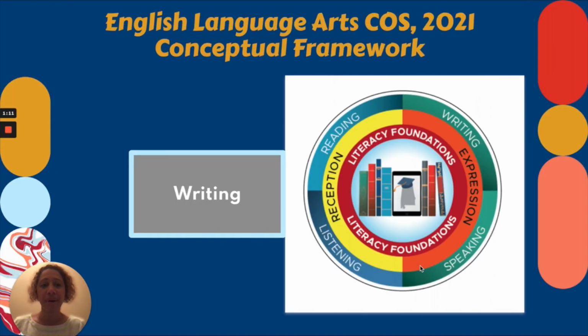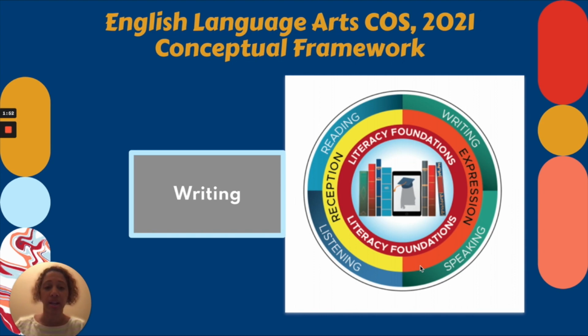Okay? By this point, you should be very familiar with the conceptual framework, as my esteemed colleagues and I have been, if you've been watching this presentation all the way through. This is a visual representation of the standards for English language arts that we are implementing as of 2020. They're the 2021 standards, and we'll be implementing them as of the 2022 school year. As you can see, we're in writing, which is going to live in the outside green circle. Writing is part of the expression section, because now we are able to say and produce and express